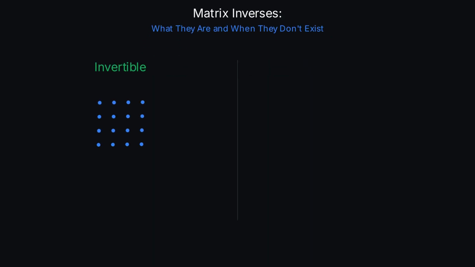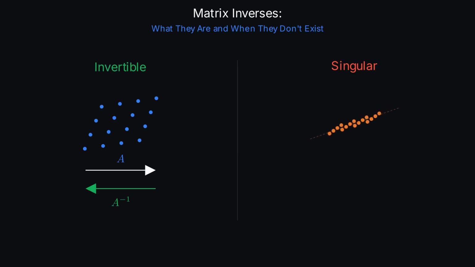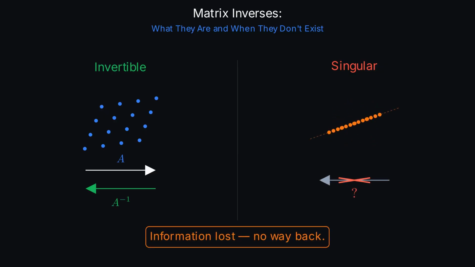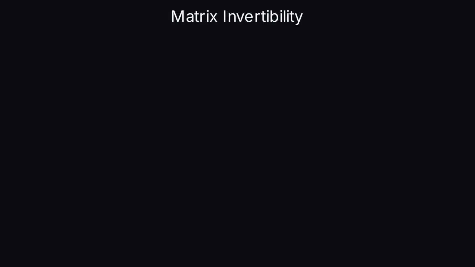Matrices have this exact same split. Some matrix transformations can be cleanly reversed, others flatten entire dimensions and destroy information permanently. This video covers 3 ways to identify which case a matrix falls into and a proof that the singular case is truly logically irreversible. A square matrix A is invertible if there exists another matrix called A inverse, such that